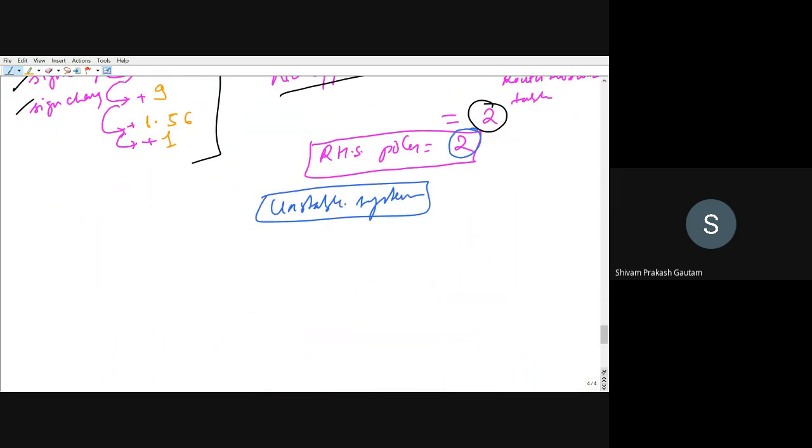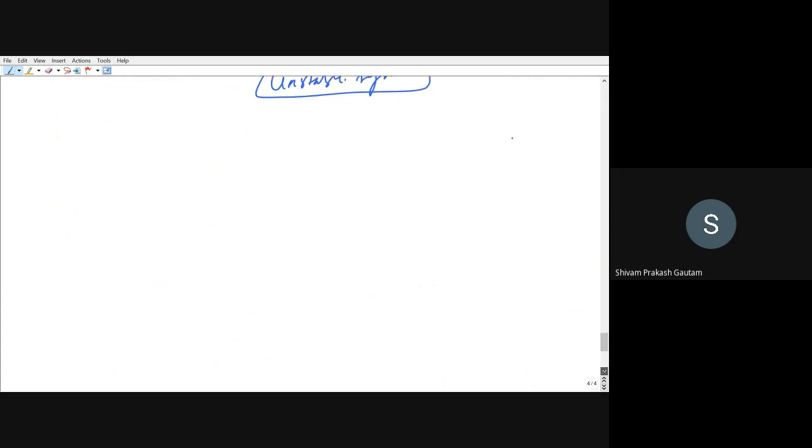So this is a trick, or you can say a method, from which we can determine the stability directly. And we are not worried here about the location of the poles. The exact locations of the poles are not known, right? That is not our objective. Our objective is to find out whether the system is stable, unstable, or marginally stable, which we fulfill by calculating how many poles are on the right hand side. So let us move to the next example.